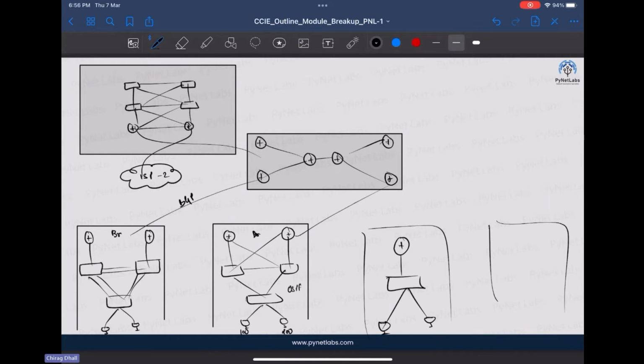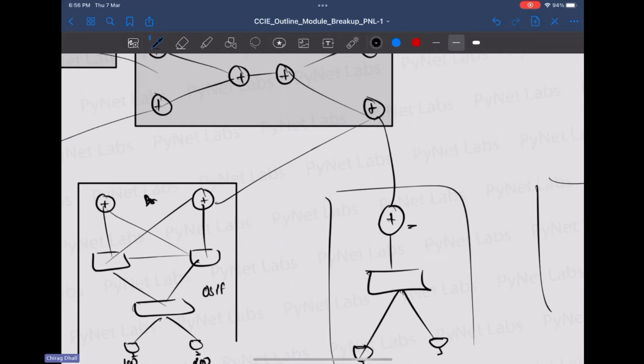Now, depending upon my scenario, if I'm given a task to make sure that certain routes don't get advertised into the ISP, how can I achieve that? I can achieve that using ACLs, by deploying some ACLs here on the edge router. So we'll be observing the working of ACL here on this particular branch number 3. And step by step, we'll keep on building the lab, establishing the lab into greater complexities and greater cases as we proceed with the content of